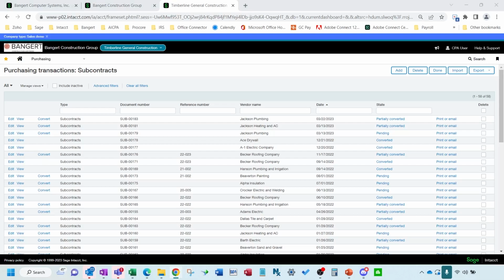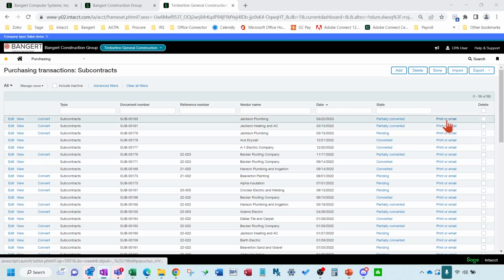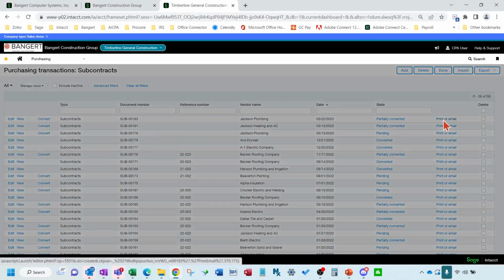Now let's say that we want to email out a subcontract, and this applies to subcontract change orders as well. Then you can do them right here, one-offs. So right on the fly, you could email this out. It's as simple as just clicking here.